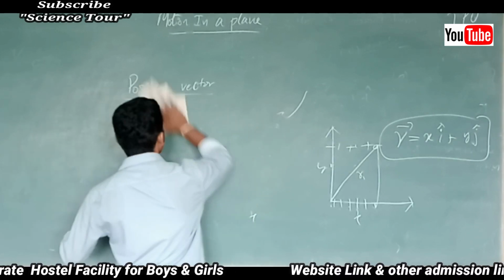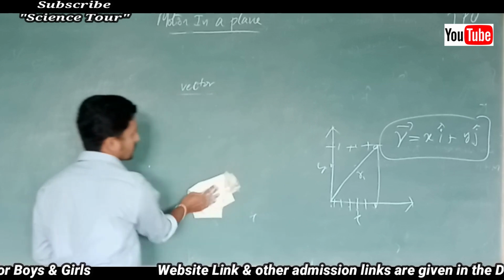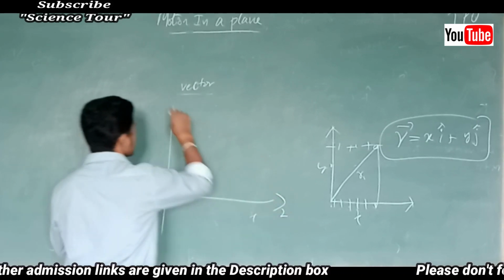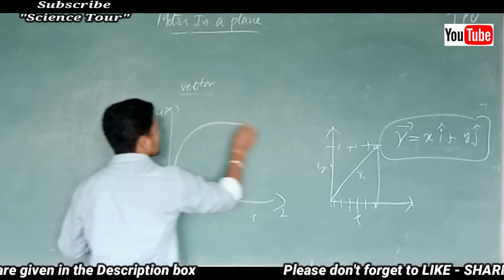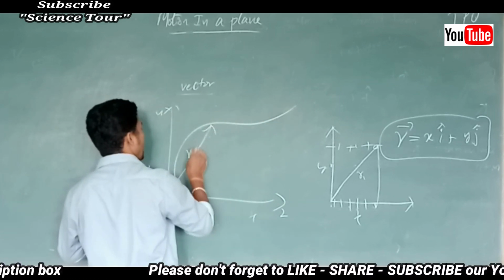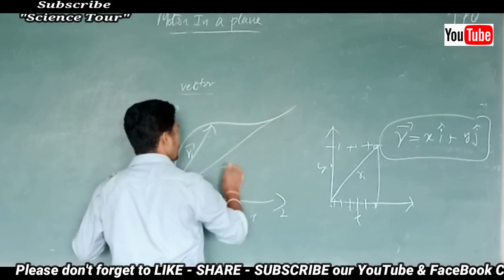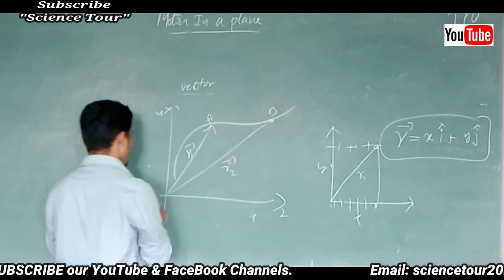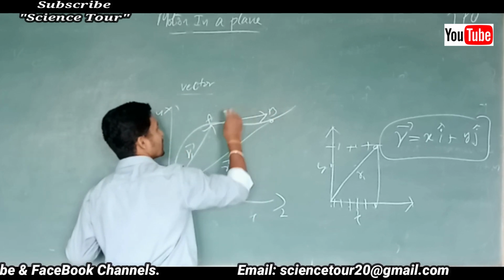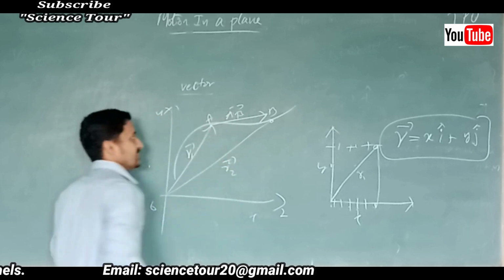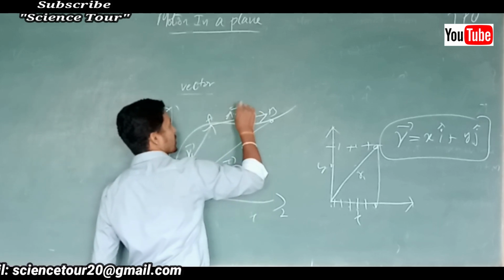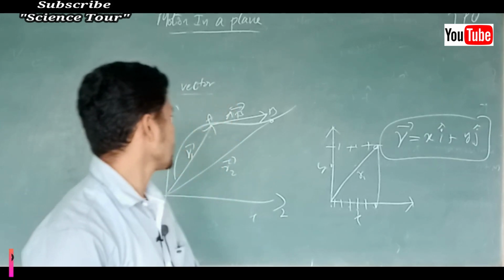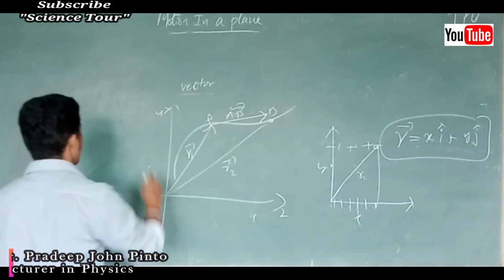Similarly, I can say displacement vector. Earlier position, what was it? This is x, this is y. Earlier position was this R1. Next position was R2. Okay, A, B, O. Displacement is this, no? AB vector. Displacement is the AB vector. You have to write down the diagram. You have to write down the diagram while writing this. Let's write down displacement vector.